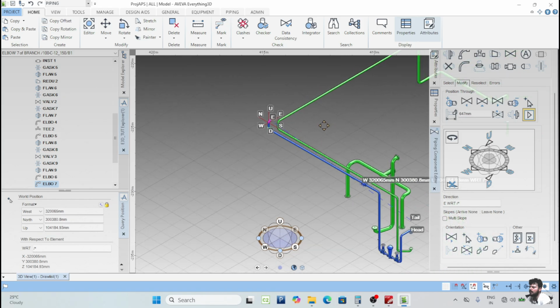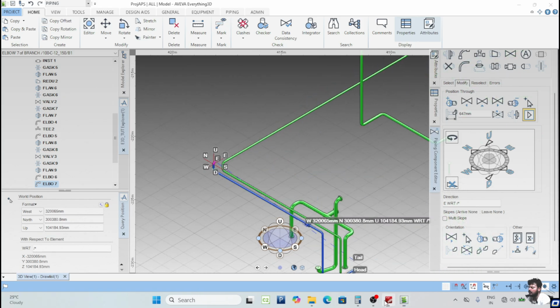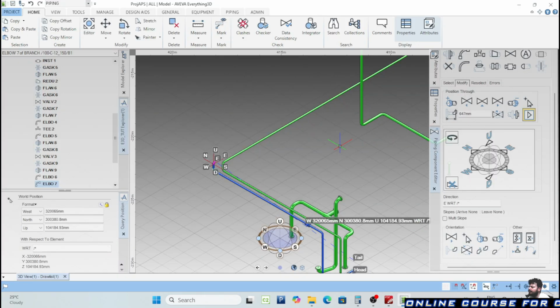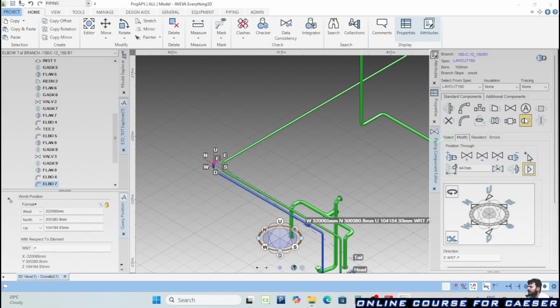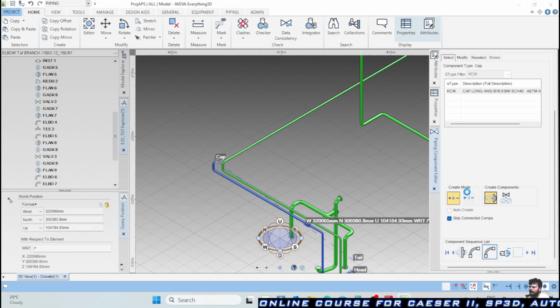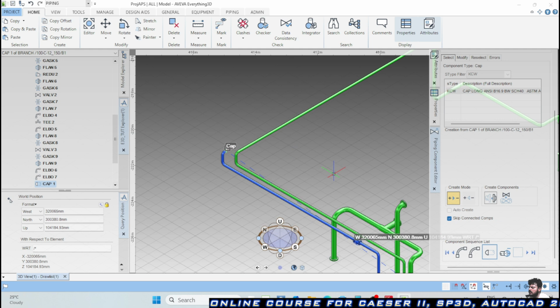Okay. Now the next component we can see that as this pipe is open, so we will create one component and then we will delete that. Okay. Now again create this cap, create component. Now we have to see the distance.